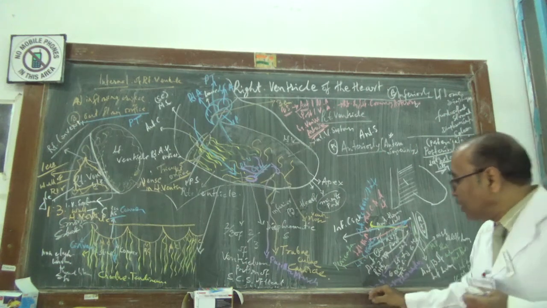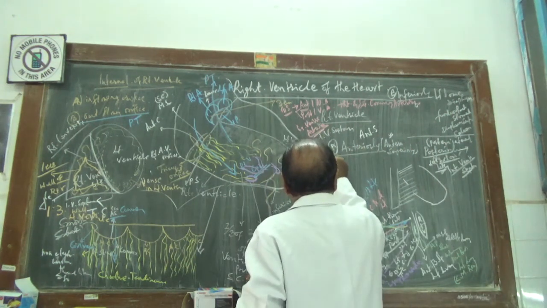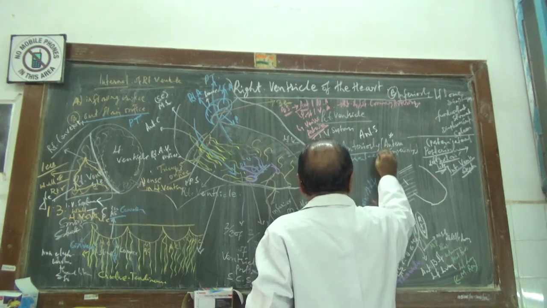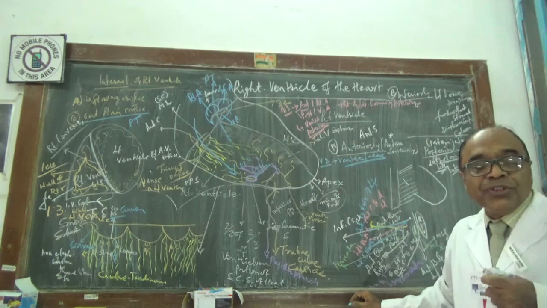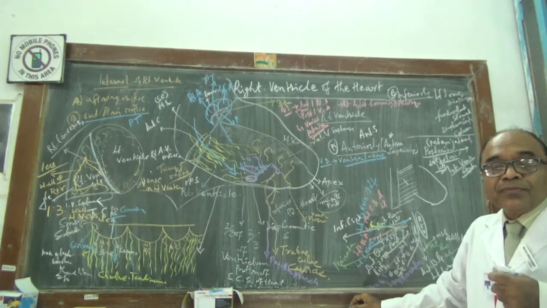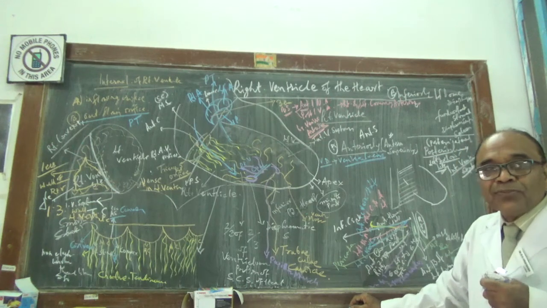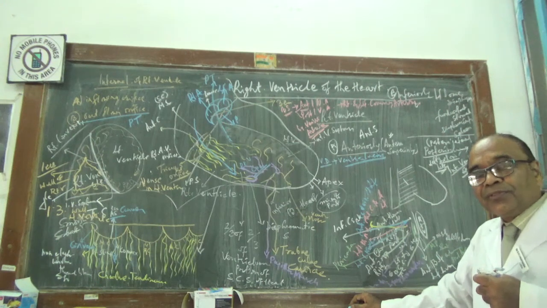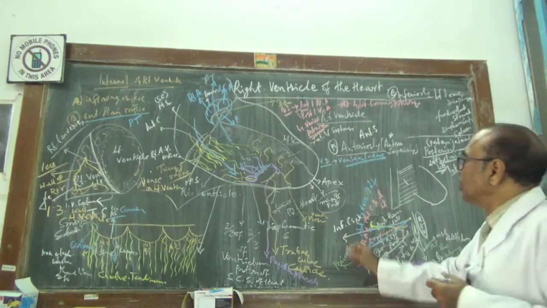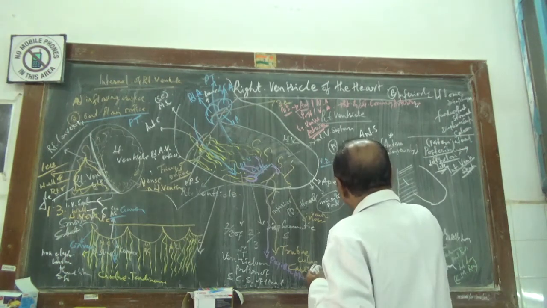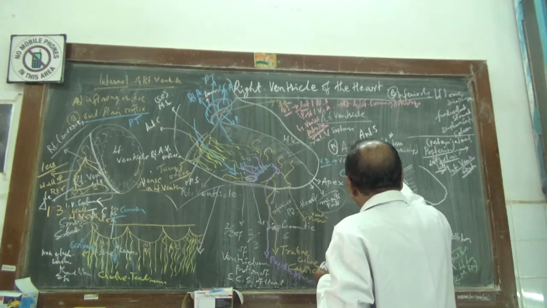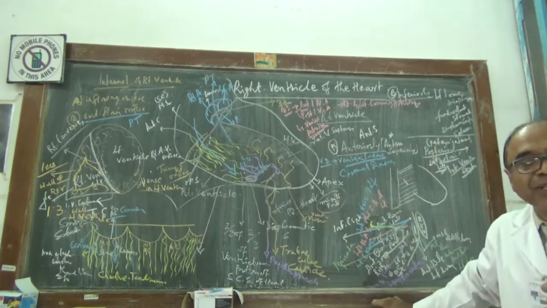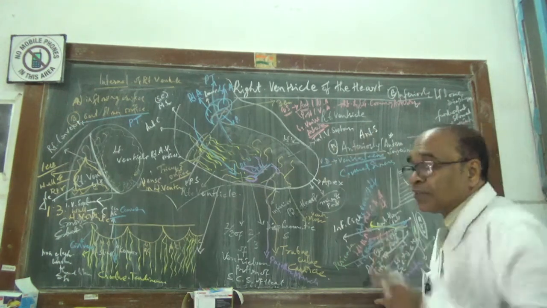Now what is the venous drainage? Venous drainage of the right ventricle is the ventricular veins. From the ventricular veins, the inner aspect of the entire superficial and deep veins are collecting, and it will be going into the coronary sinus. Coronary sinus, it will be going to pour the deoxygenated blood from the entire heart into the right atrium.